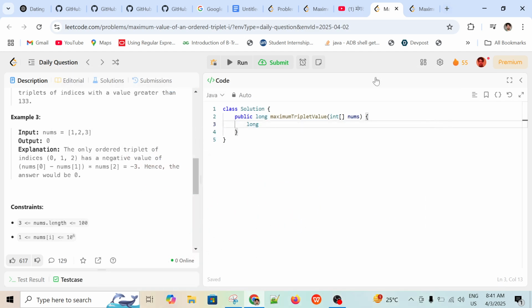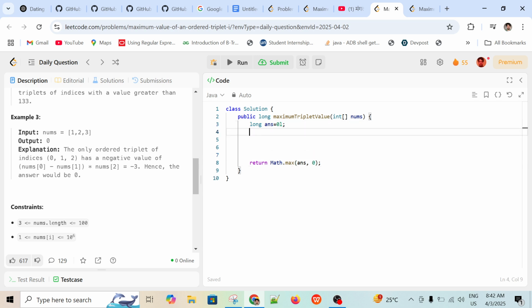So let me code it now. Maximum of answer, so again